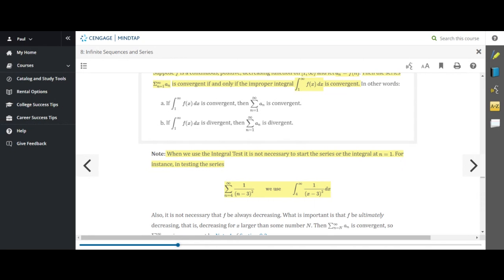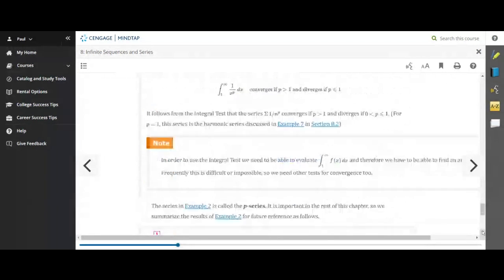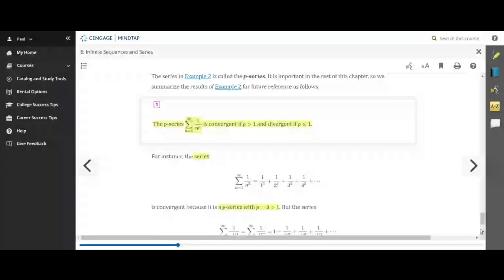The area accumulates, but is the area dying down at a fast enough rate so the improper integral converges? It's the same kind of thing with the infinite series. Does the series die down fast enough as you move out to infinity so that it converges? Same kind of principle. And there is an important series called the P series here that